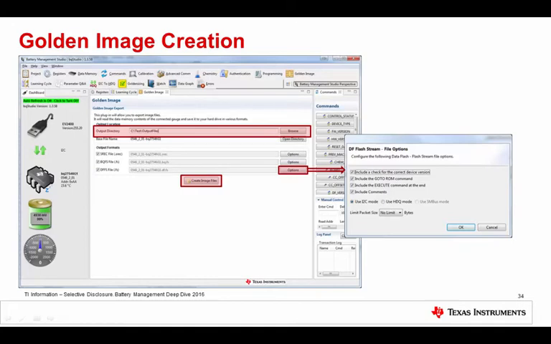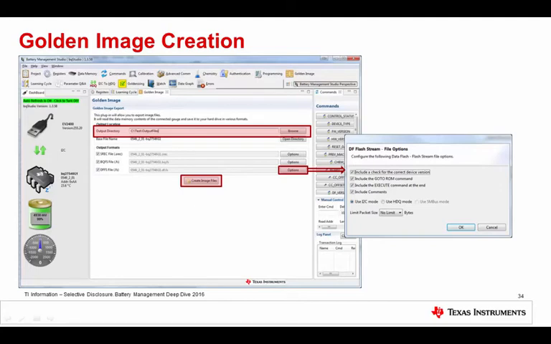Each of the file formats may offer options depending on the gauge and the format itself. So for example, by default, all these formats output I2C commands, but for gauges that support it, you may want an HDQ format version of your flash stream file, for example. There's options like including a go-to-ROM command, including execute, if that's applicable for that file format. But again, all that is under the options for each individual file format.